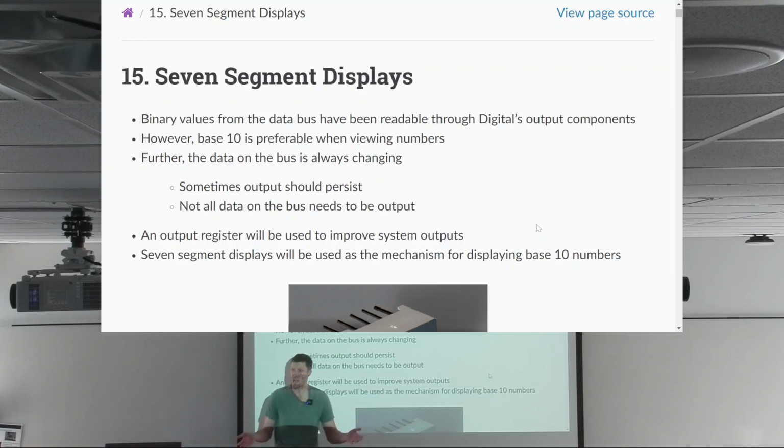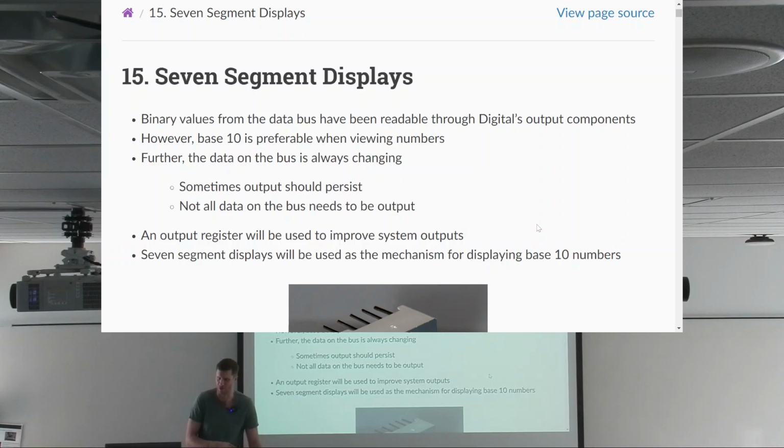when we're looking at the output of the computer, right now the output is whatever's on the data bus. But that value is always changing. So if I want to output a value and say, oh, okay, I'm outputting the value 17, I look at the bit pattern. But then on the next clock pulse, that value changes because it's whatever's on the data bus. That's not very helpful. But this is an easy thing to solve in the same way that we did it